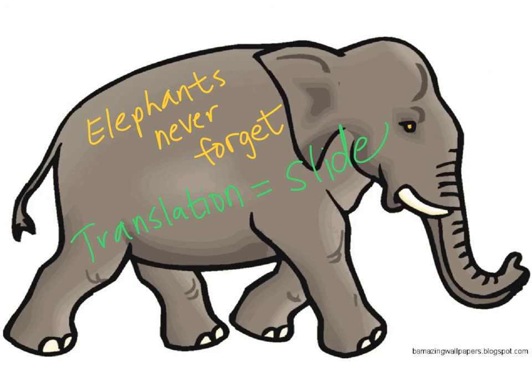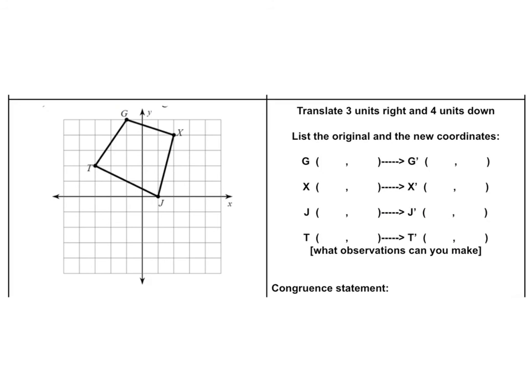Okay, here's that elephant for you again. Remember, elephants never forget. And a translation, I don't want you to forget. It means a slide. All right, we're translating 3 to the right. That means the x value we're adding 3 to. And 4 down, so the y value will be subtracting 4, or moving it 4 down. Okay, original